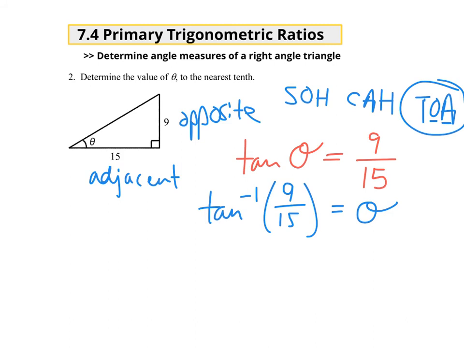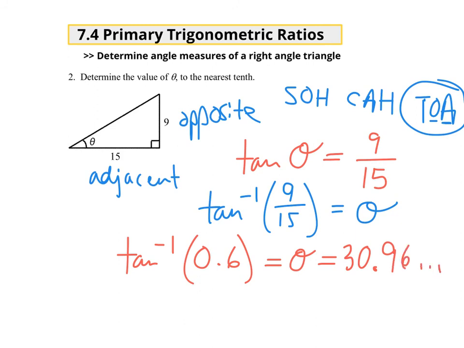So how do you actually calculate this now? Well, on your calculator, you need to first determine that ratio of 9 divided by 15, which is 0.6. So tan inverse of this given ratio will equal angle theta. So now, if you press the second button on your calculator or the shift button, you'll notice that above the tan button there's a tan -1 written. That's called tan inverse. So to activate it, you press second, tan, and you'll get an angle measure of